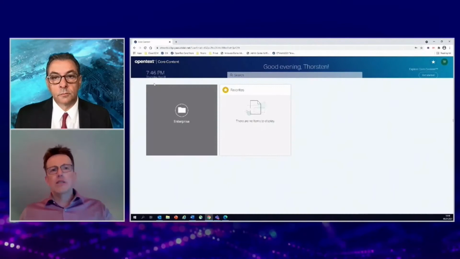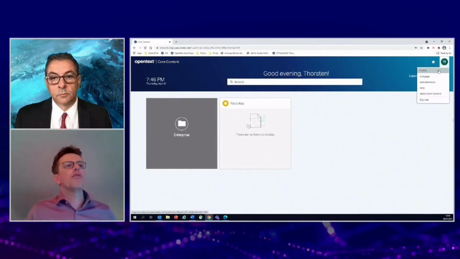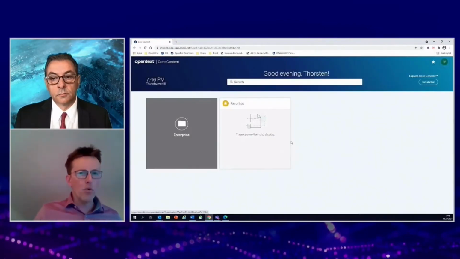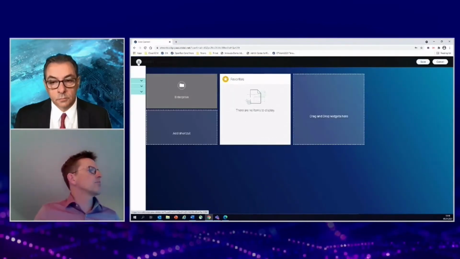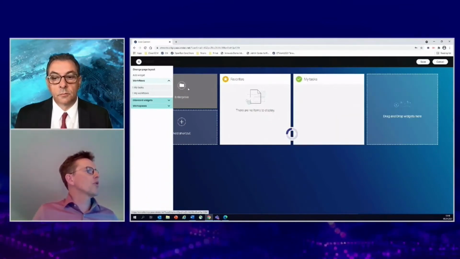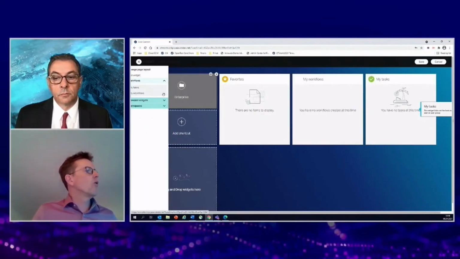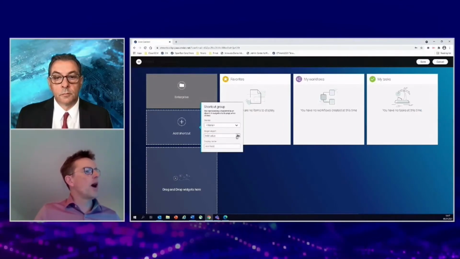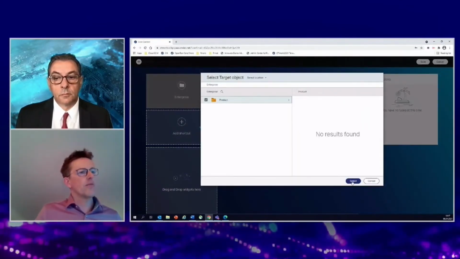Also, I'm able, as a business administrator, to configure the whole landing page. I can do this for everyone or just for myself, maybe adding all these nice widgets around workflows we have prepared, or just configuring a new shortcut for the product folder I just created.